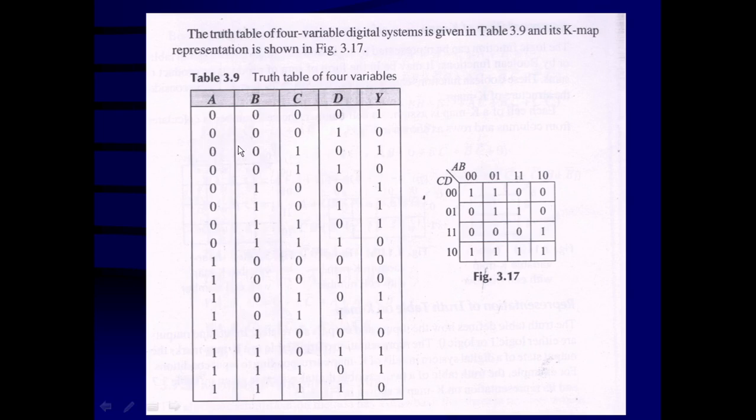Similarly, this is the truth table for 4 variable combinations, and the 4 variables are A, B, C, D. So 2 raised to 4, 16 combinations are there. Mainly remember that 0000 to 1111 are the 16 different combinations. Corresponding to that, you have different output requirements like this. This has to be mentioned in the Karnaugh map of 4 variables. AB is in the horizontal direction and CD in the vertical direction. Their combinations are going to be 00, 01, 11 and 10. Similarly here also 00, 01, 11 and 10.